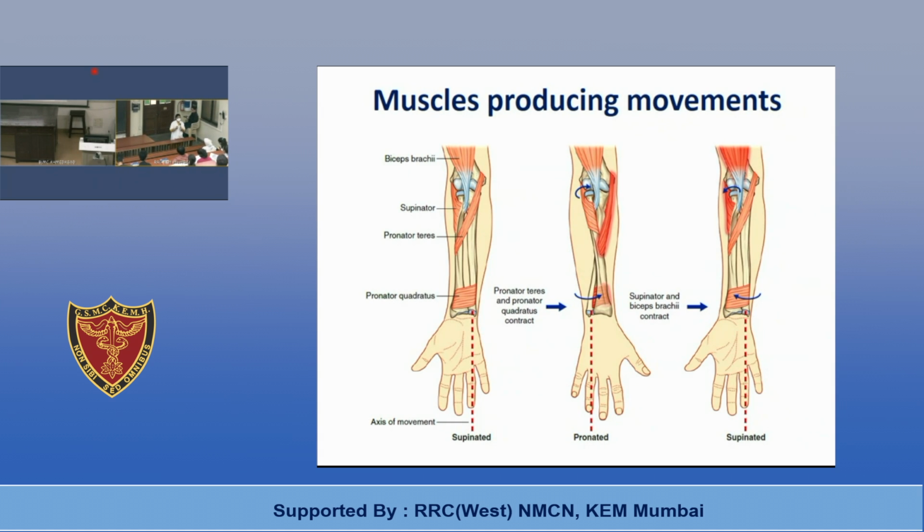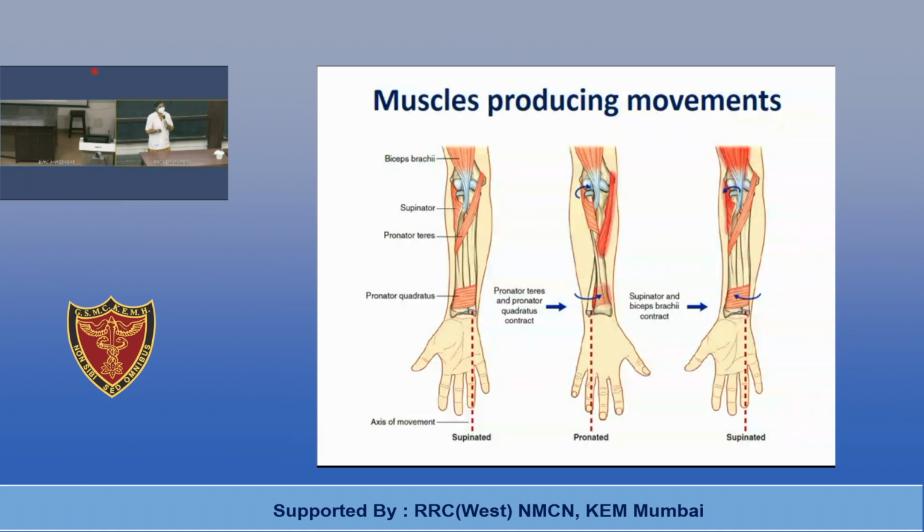So how will you describe the supination produced by biceps brachii? Biceps brachii produces flexion at the elbow joint and supination of the forearm at the radio-ulnar joint. So how will you demonstrate only the supination produced by biceps brachii? Can you show this? So you have to nullify the other action, which is flexion. So you have to hold your elbow joint in semi-flexion, and then perform supination and pronation. The supination produced in this position is mainly by biceps brachii, assisted by the supinator muscle. Okay? So the supinators are biceps brachii and supinator muscle.